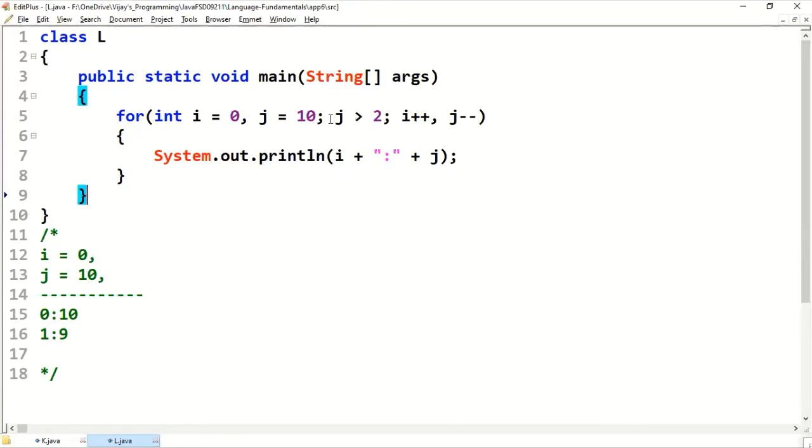Based on the j value, as long as j is greater than 2, by seeing only that you can determine the answer.